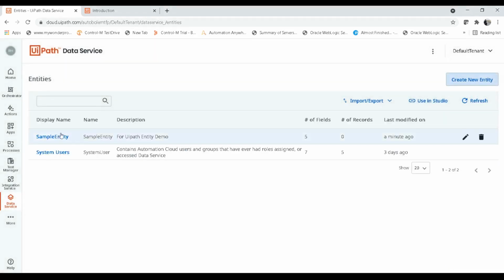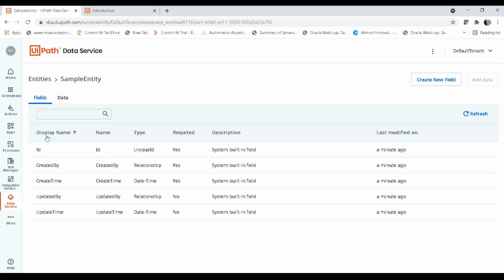Here you can see a new entity got created, and by default 5 fields got created automatically. Those are the 5 default system generated fields that are created if you create a new entity.